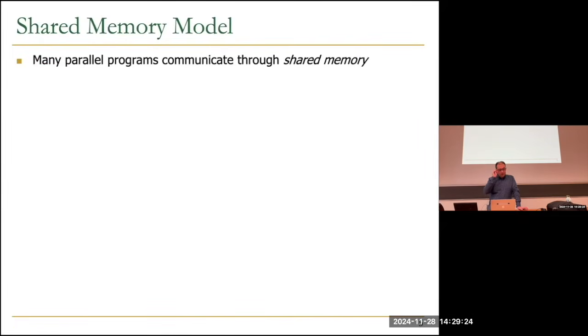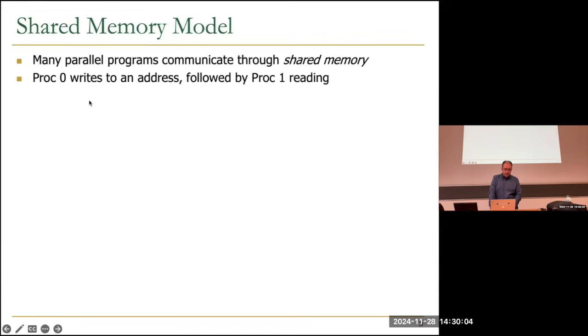So this is a shared memory model, essentially, that many parallel programs communicate through shared memory. We also have another paradigm, which is message passing. Like whenever you want to communicate across processors, you send a message. We actually kind of saw it in one of the lectures, I guess last week. But in shared memory model, essentially you have a part of your memory which is shared, and you use that shared section of the memory in order to communicate, synchronize, or whatever. So all these things happen in that shared memory.